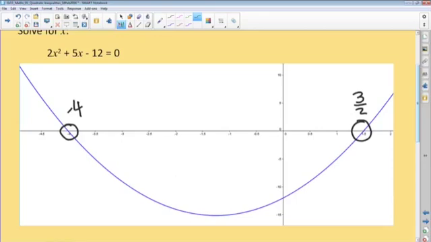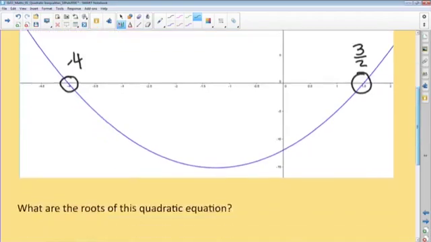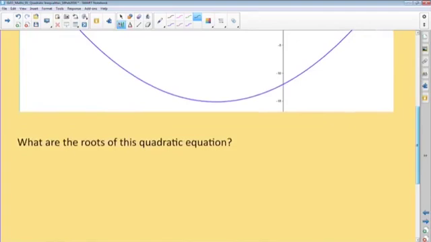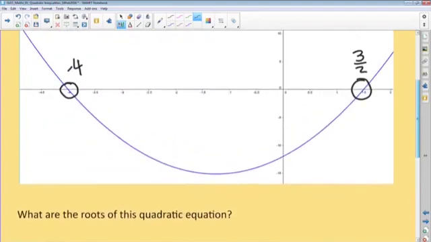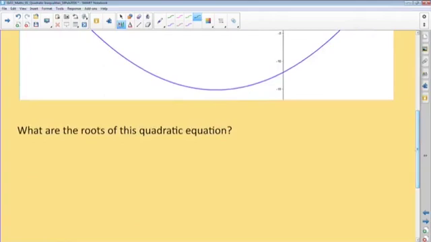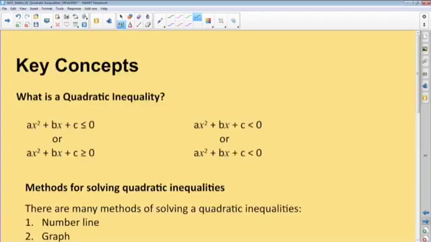So that graph, which in this case is y equals 2x squared plus 5x minus 12, when is it equal to 0? So you're working out the x-intercepts of that graph, right? Now, what are the roots of this equation? So these are the roots of the equation, your 3 halves and also the negative 4. Right. Now, next, guys,